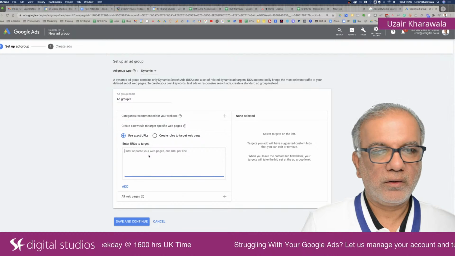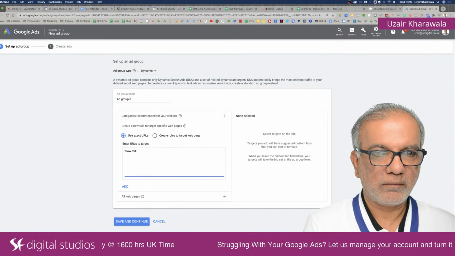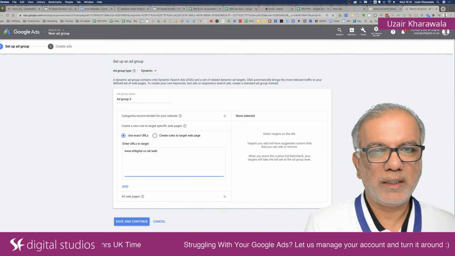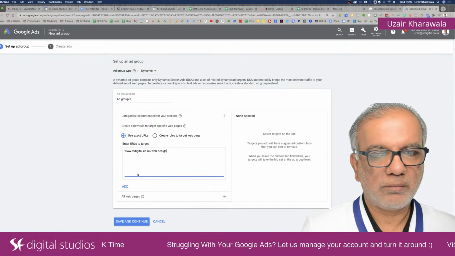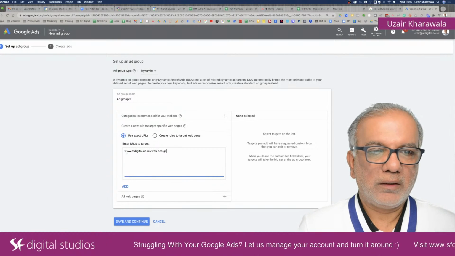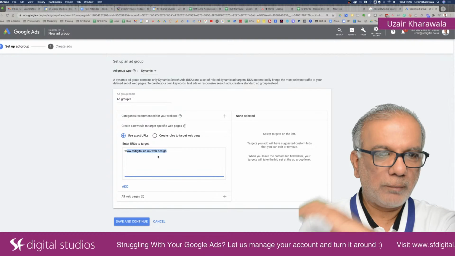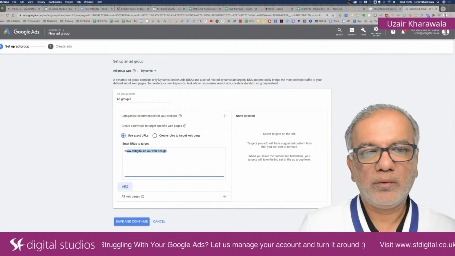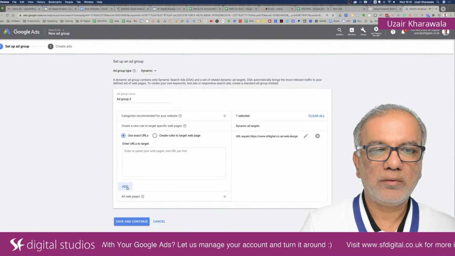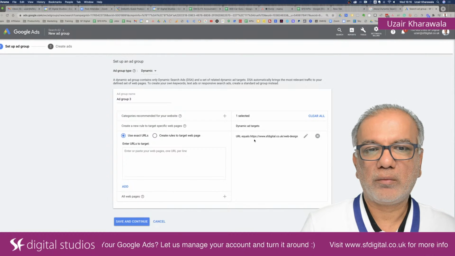So you enter your URL. I'm just making it up. I can't remember what page it is. So I know there's a web page on our website. So you copy that from your website, put it over here, and then don't forget to add it, and it will come over here. Otherwise, quite often you will forget it and save it, and it will not be targeted.